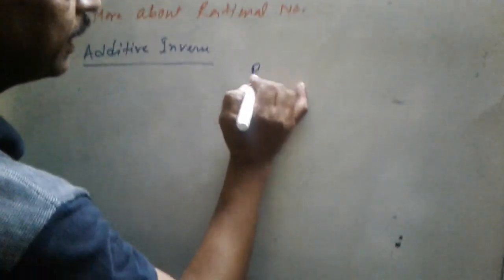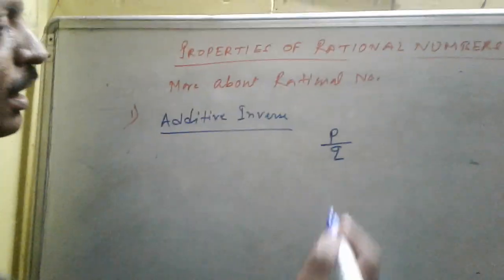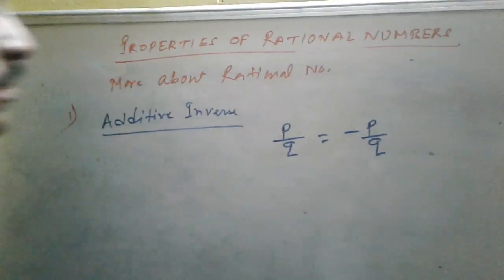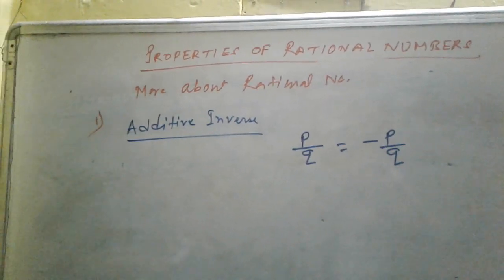Very simple, additive inverse. Suppose you have given a number p by q, any number, the additive inverse of this number is minus p by q. A rule is there, but just